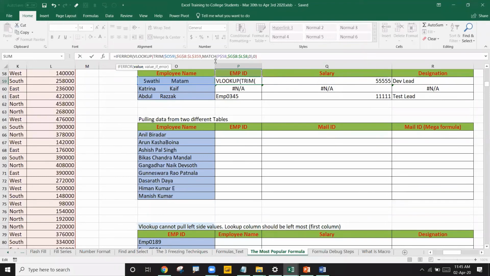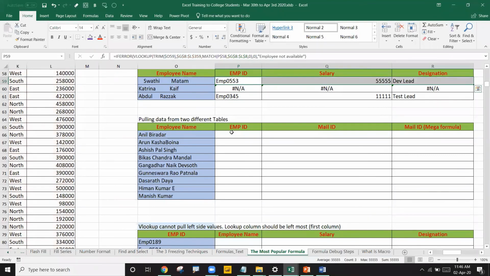In this case, that value is derived from the VLOOKUP. So if that VLOOKUP is giving an error as the output, what you want to show, tell me in the value-if-error place. If it is not an error, it will give that value only. If it is an error, then only it will take that customized message, whatever you type in the second argument. So in the value-if-error place, I'll write "employee not exist, not available". Double quotes close, bracket close, and enter.